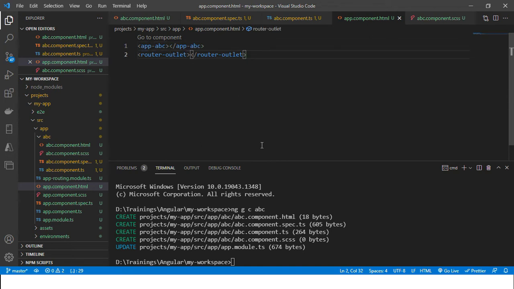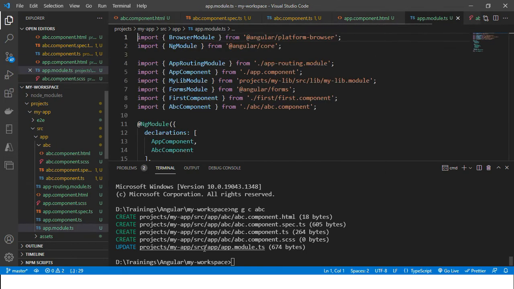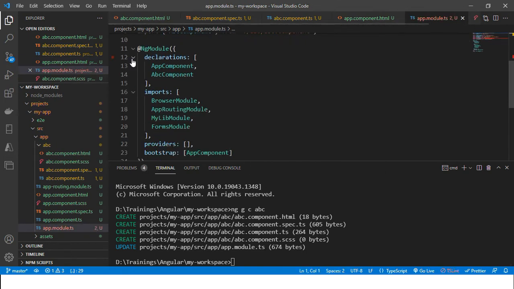One thing we need to discuss: this app.component is registered with the app module inside the declarations. Components, pipes, and directives, all such classes, are registered inside the app module in the declarations section.